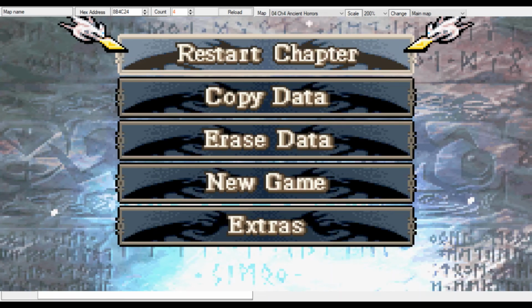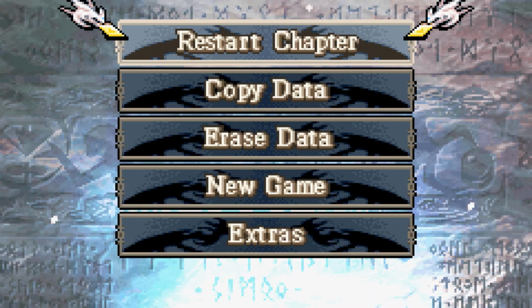What happens if I zoom in, though? This should make it a bit better. Let's zoom this out. I'm sorry. I have changed my settings for the emulator for better quality. Oh, hey. This should be better. Let's just stretch it to screen. There we go. Makes it look a bit better.